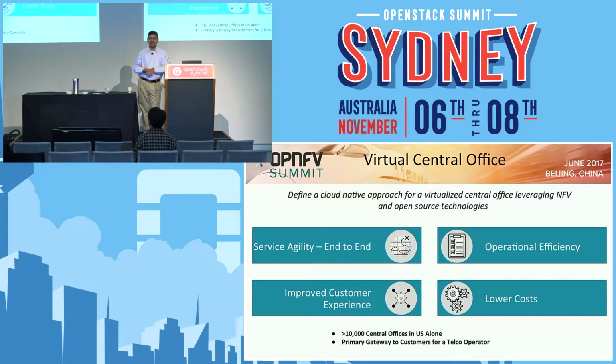And the central office, as I said, is a primary gateway to the customer. That's where, as a subscriber, your lines get terminated. That's where you get your local services delivered to you. And that's where generally most of the action happens. So,